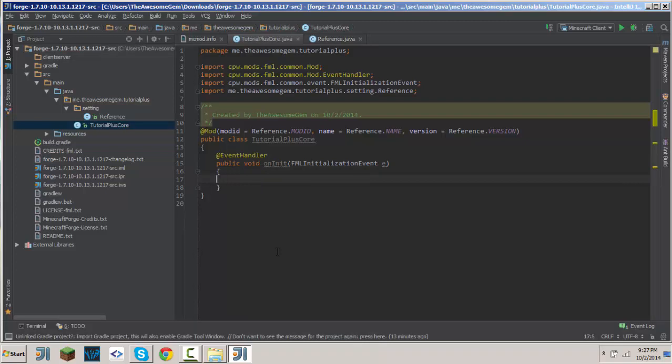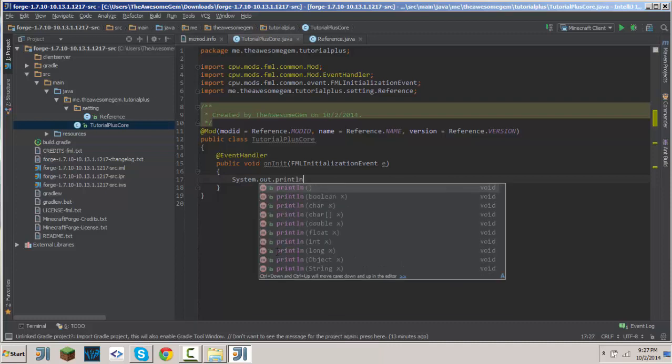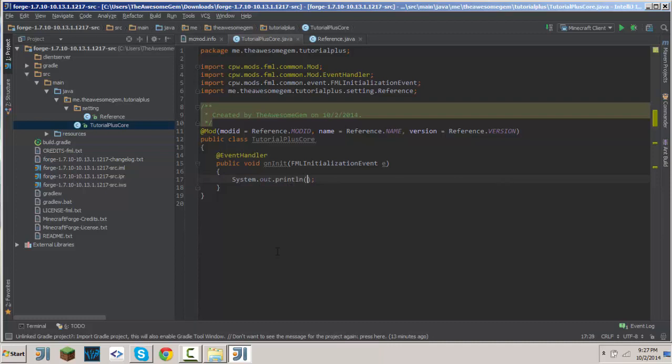So once it's initializing, let's just test it out. We can just do System.out.println, you know, the classic way in Java. We can just say this mod worked,